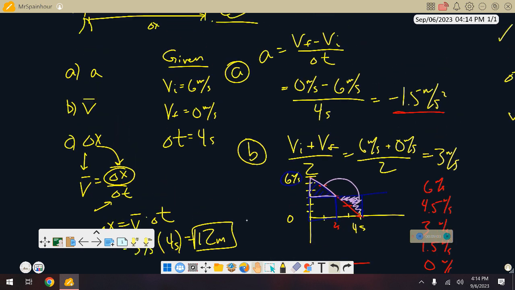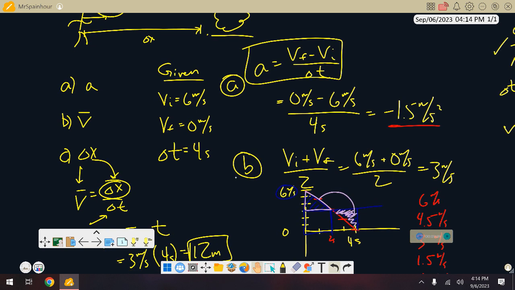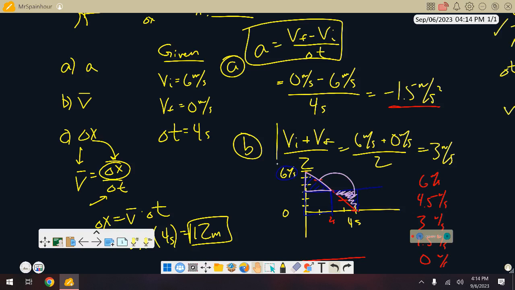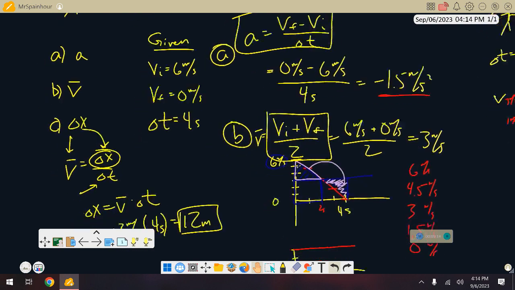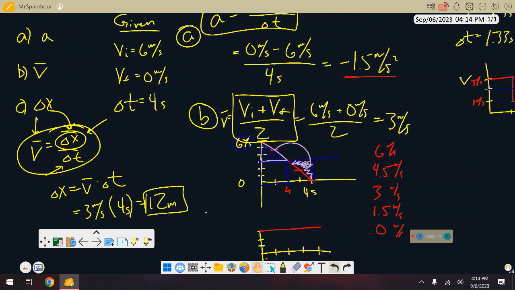To review real quick. We can use our basic acceleration equation for part A, which probably none of you struggled with. We can use the general definition of average, hey, add them all up and divide by however many there are, here 6 plus 0 over 2 to get 3. And then we can go ahead and use just our average velocity equation again in order to get displacement using our average velocity of 3 that we got on part B. The real trick,